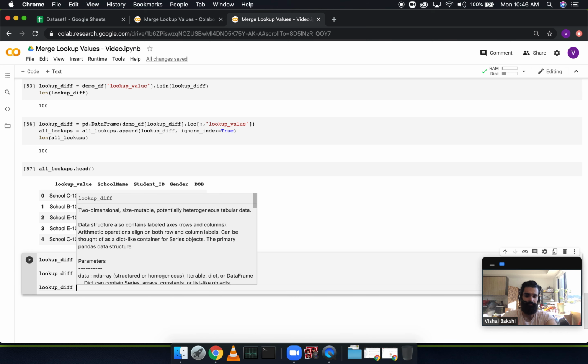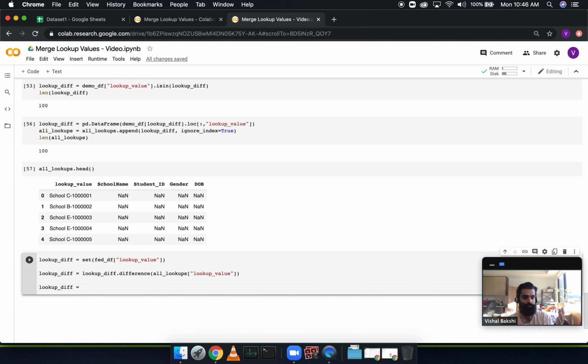And because I'm going to be appending, I don't want to be redundant. So I only want to select those values in my fed df that are in this set of difference